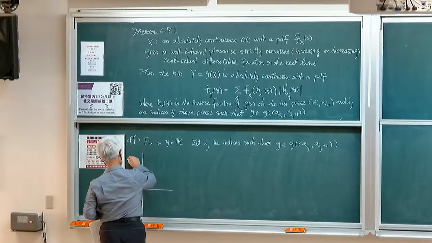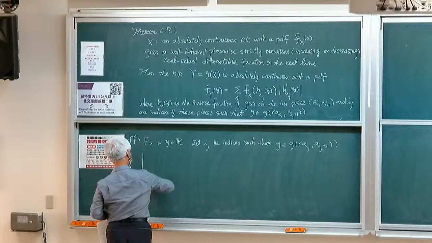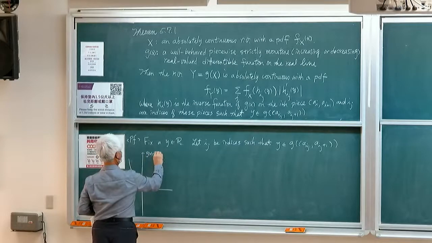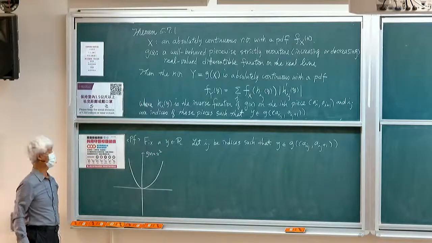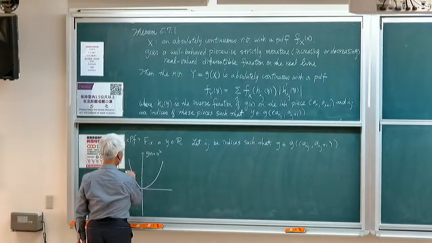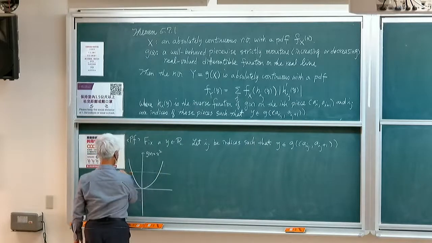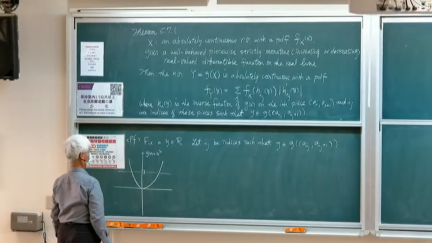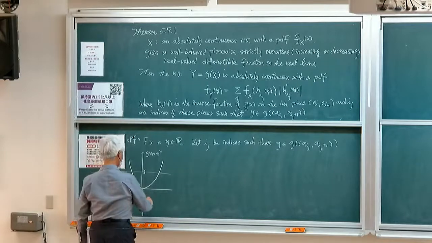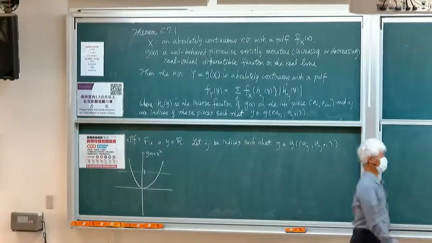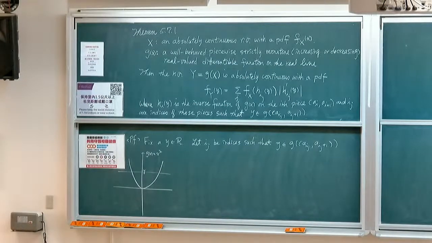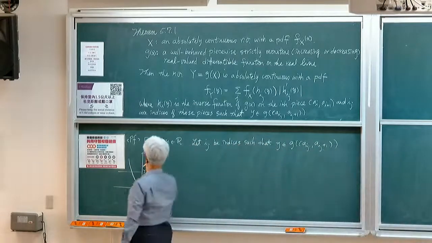So suppose that g of x is x squared, for example, and if we have a y here, now we can think about that this data processing function g is actually